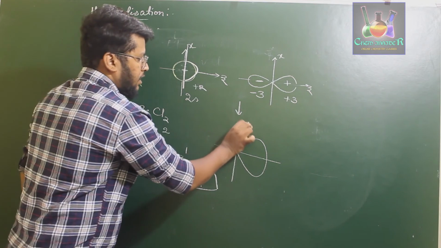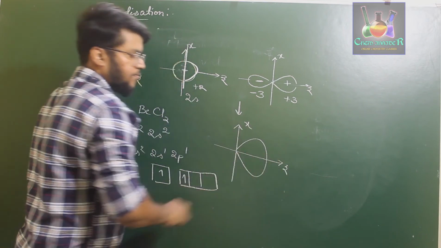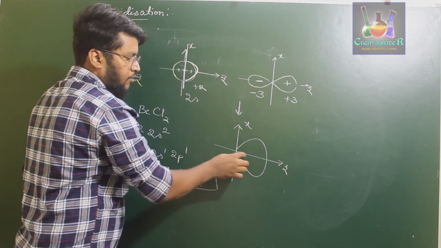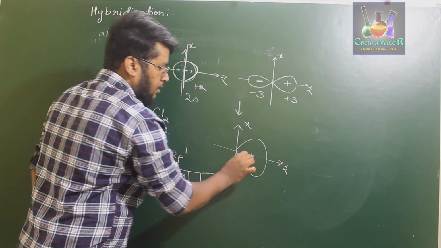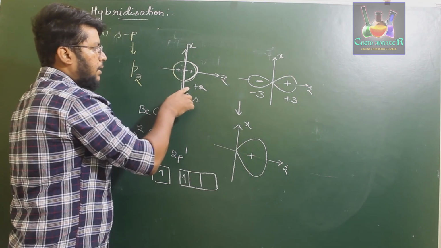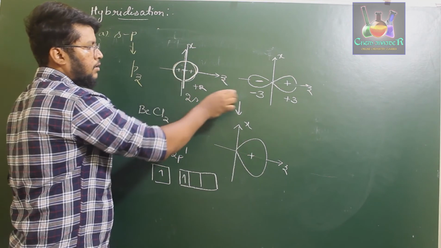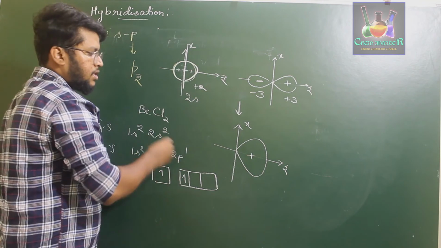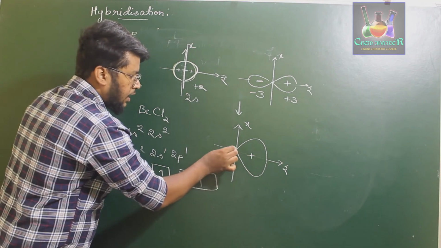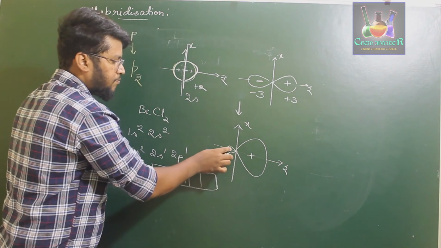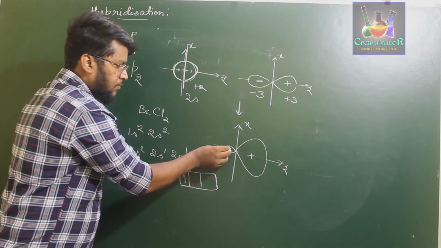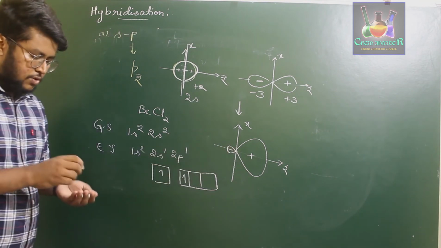Okay, if this is the x and this is the z-axis. Plus side and the plus side get combined to form a huge plus, that is plus 3 and plus 2 gives plus 5. Now plus 2 on this side and the minus 3 on the opposite side get cancelled to give minus 1. Therefore, the negative lobe of the sp hybrid orbital becomes smaller. Okay, are you getting this? So what happens here is,